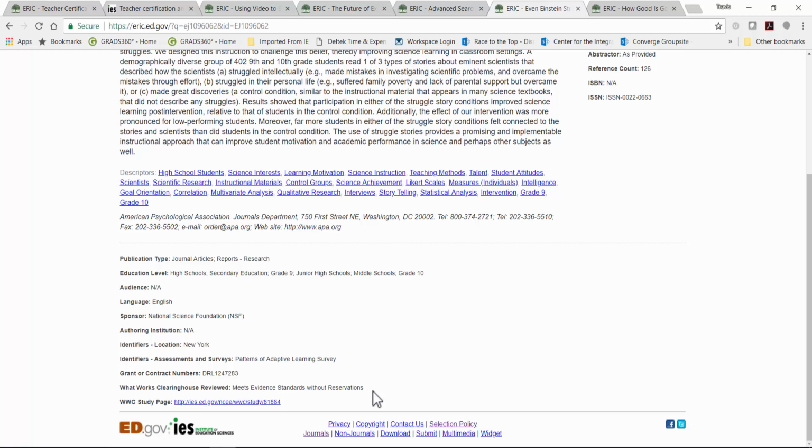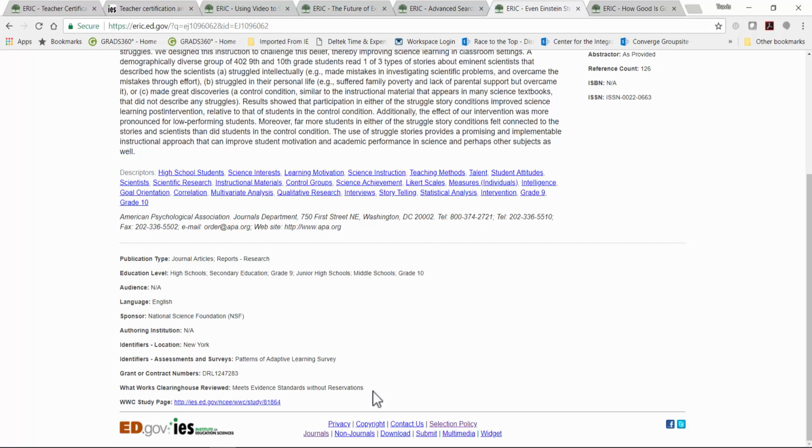Ratings can be meets evidence standards without reservations, as this one is, meets evidence standards with reservations, or does not meet evidence standards. This field only appears on the record if the study has been reviewed by the What Works Clearinghouse.